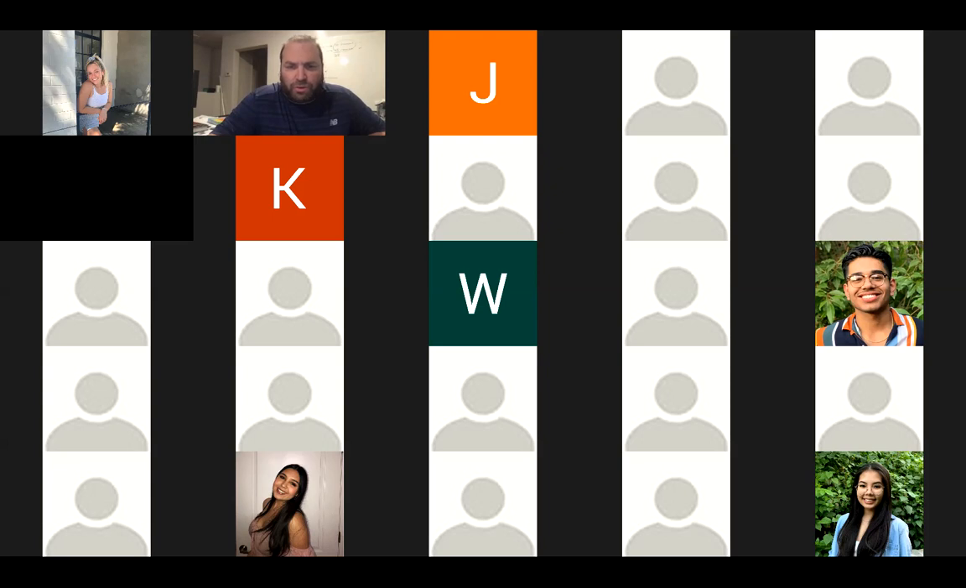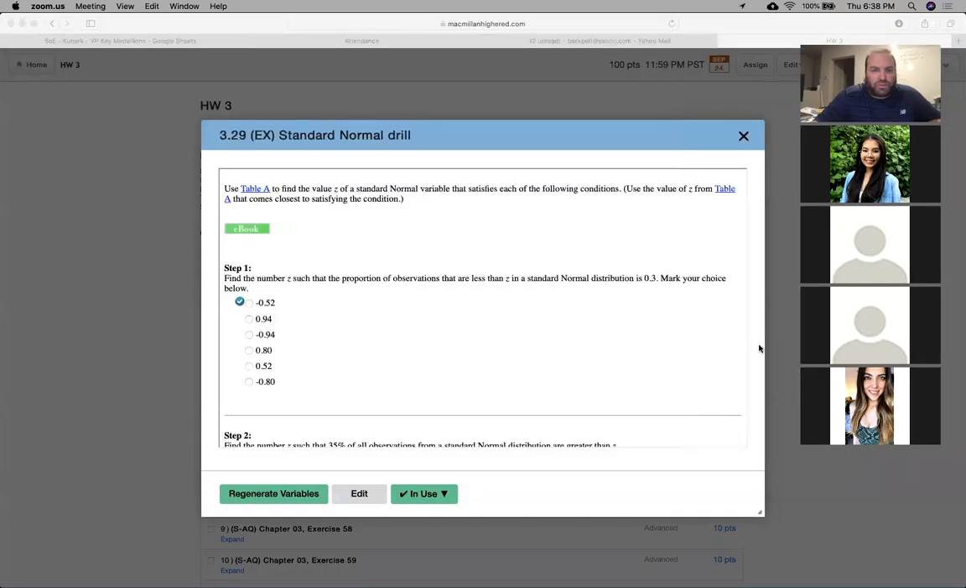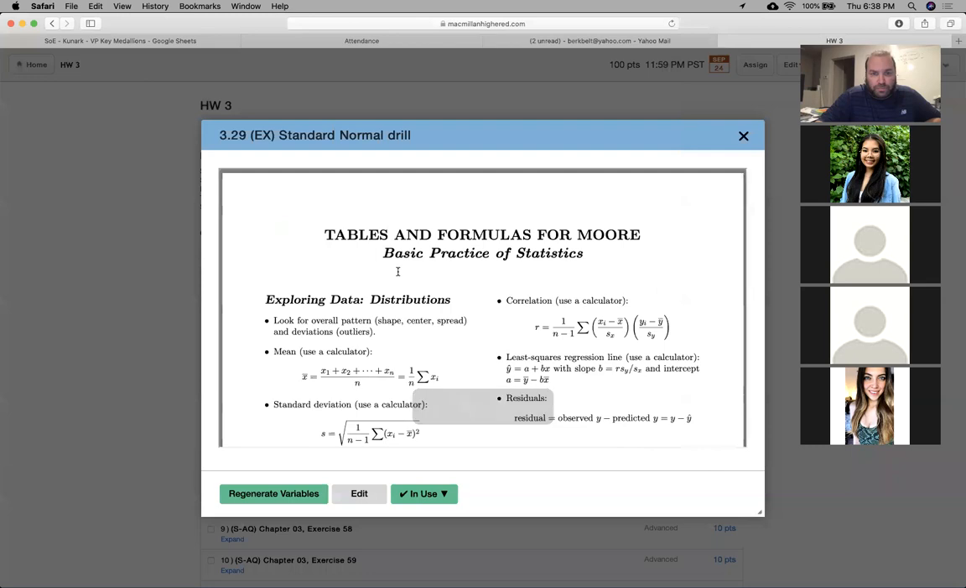And we're answering the question, which I'm going to spotlight me, and then I'm going to share my screen. So we're answering this question here. It says use table A to find the value z of a standard normal variable that satisfies each of the following conditions. So the first one is we want the point such that the proportion of observations less than it are 0.3. So if I load up table A,